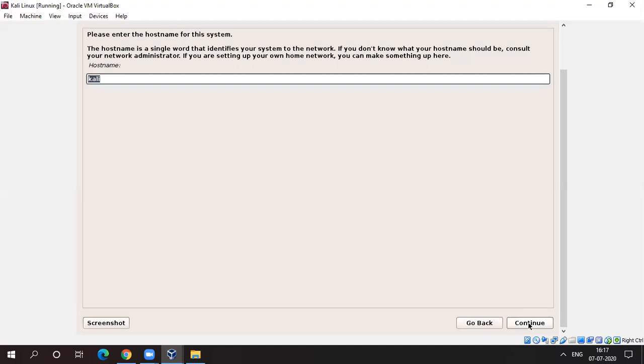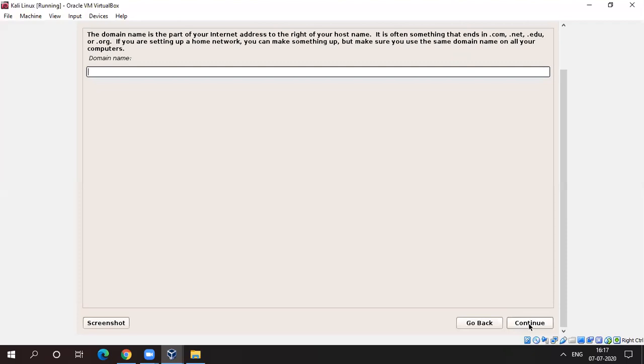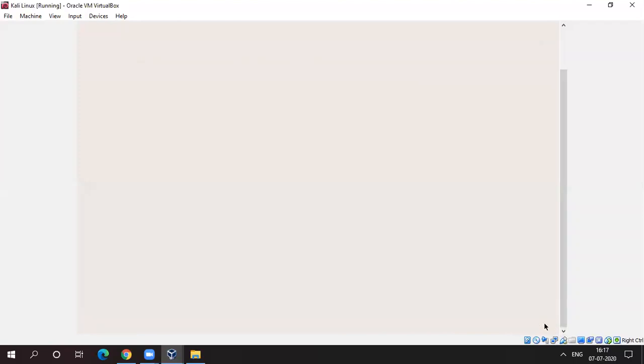Okay, now here is our host name, that is Kali Linux. I have just put Kali here. Okay, so now we have to go for continue. Okay, domain name. You need to configure your domain name, but in case the information is blank, it's optional. Okay, so click on continue.